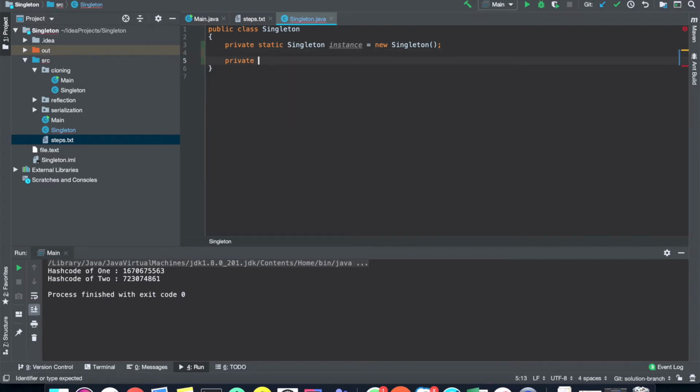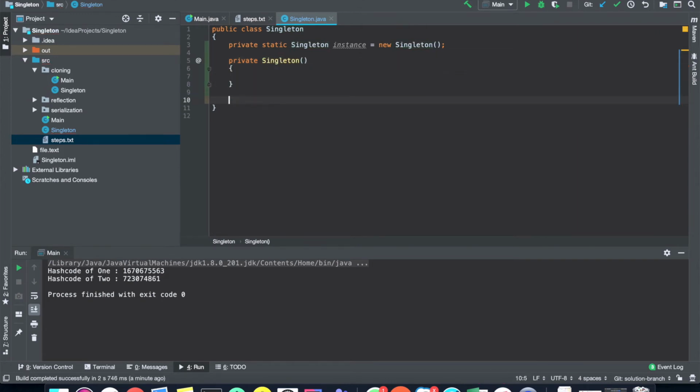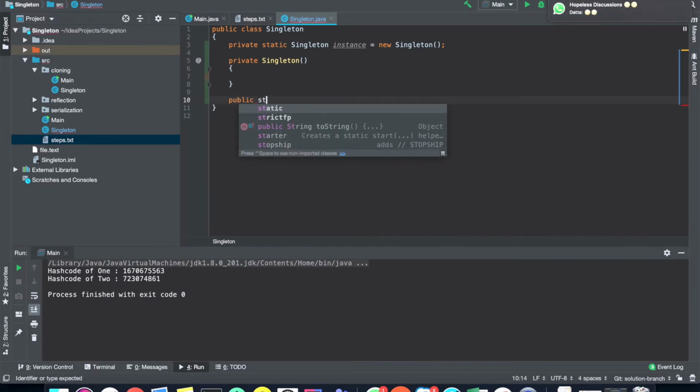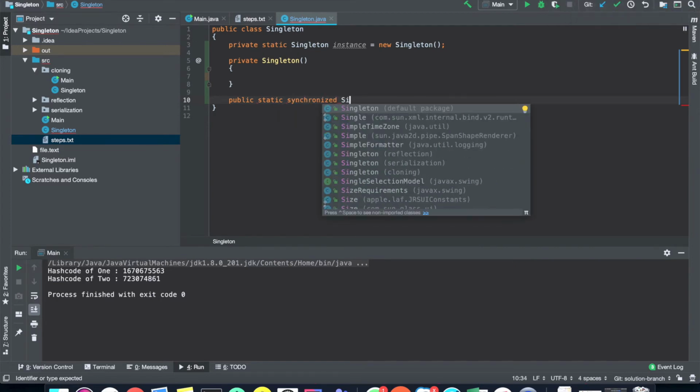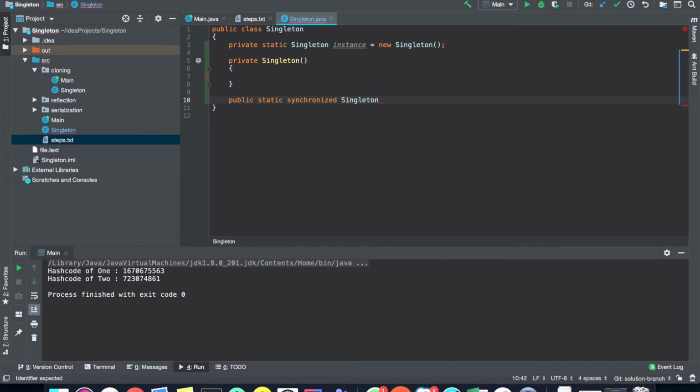Then we'll declare a private constructor, and the third rule is a public static synchronized method that returns the singleton instance. This getInstance method is visible to the external world, and it provides the instance of the singleton object which we have created here.